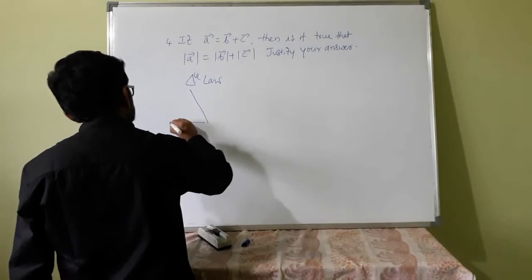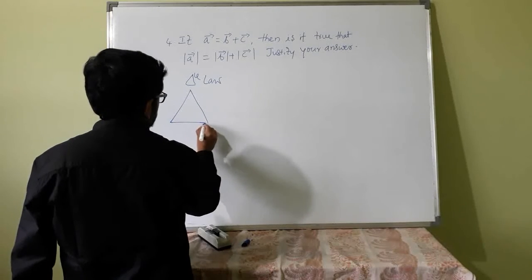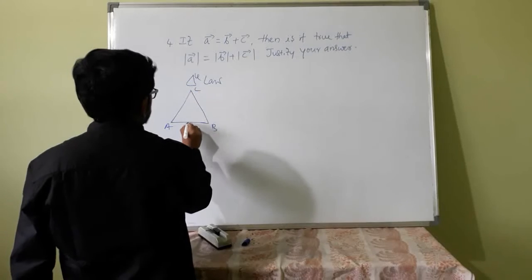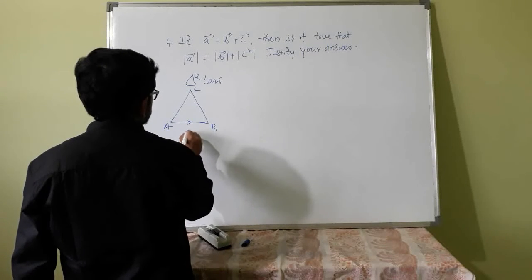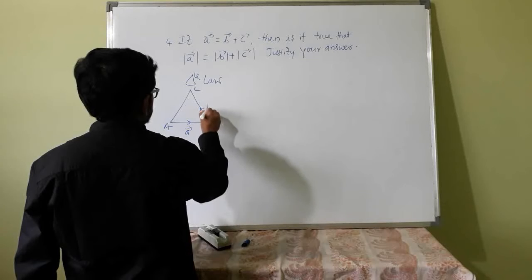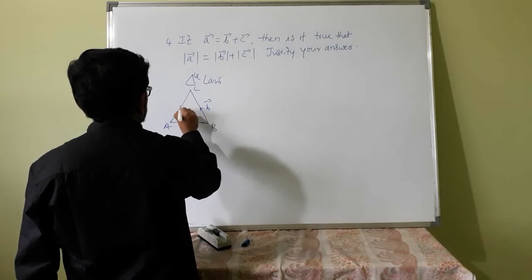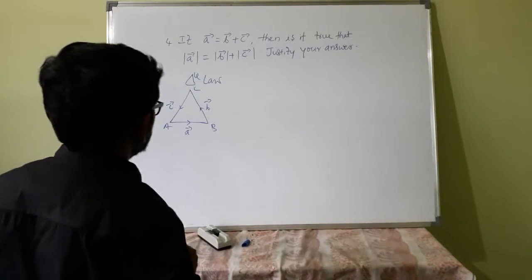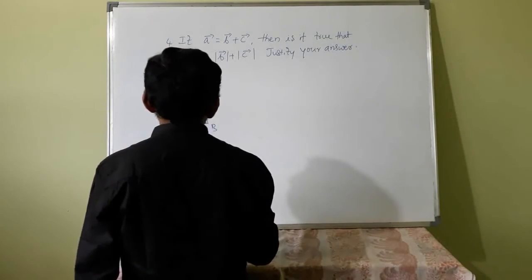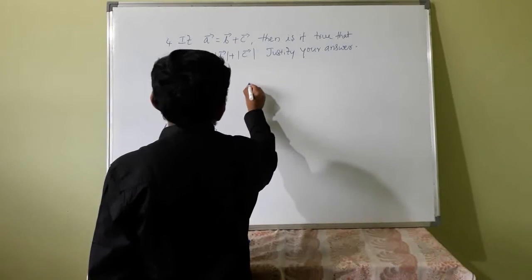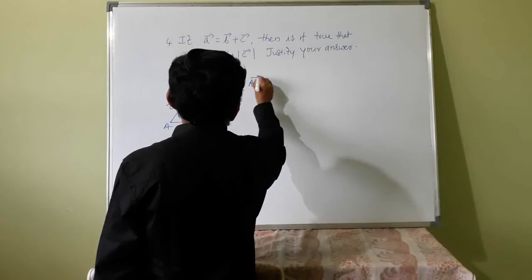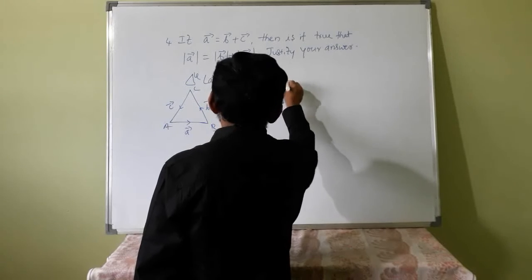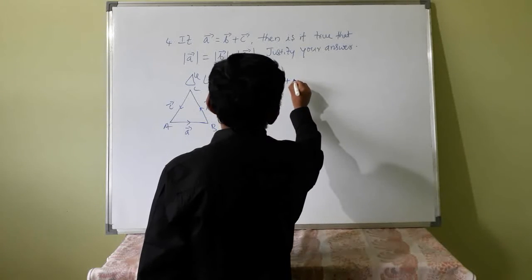Suppose, okay, this is A, B and C. Suppose A is equal to, this is B and this is suppose C. AB is equal to BC plus CA, that is